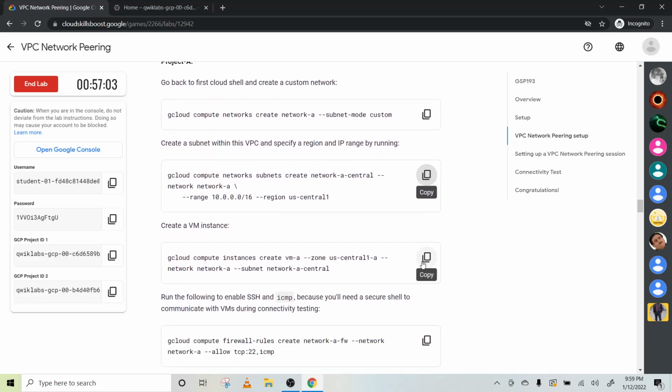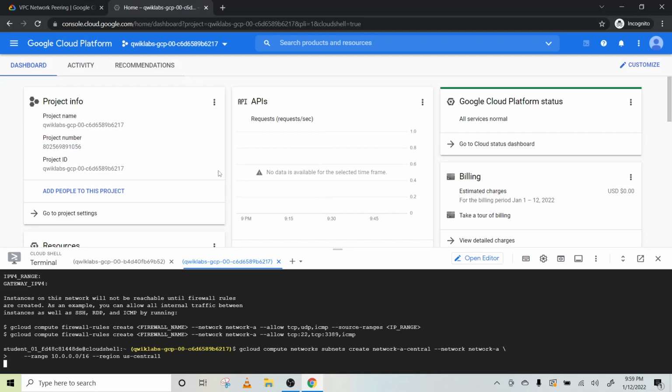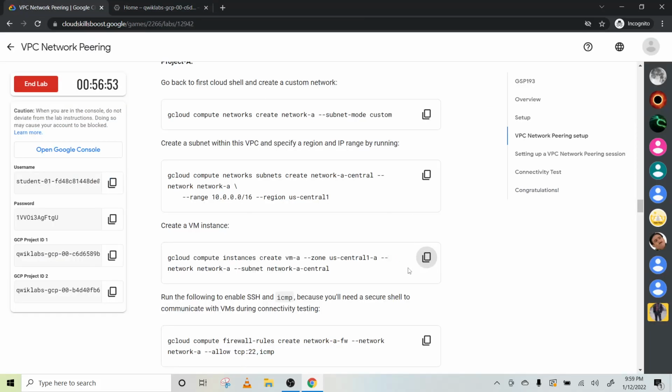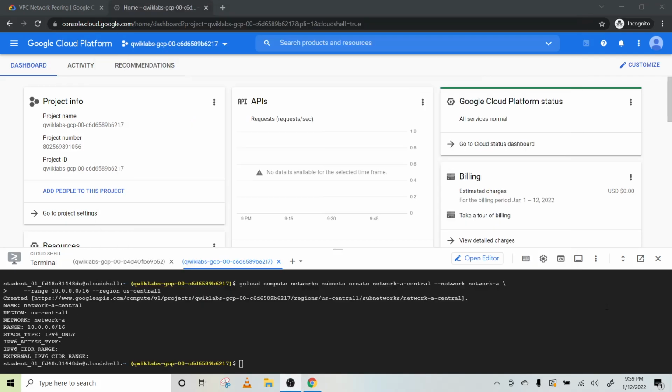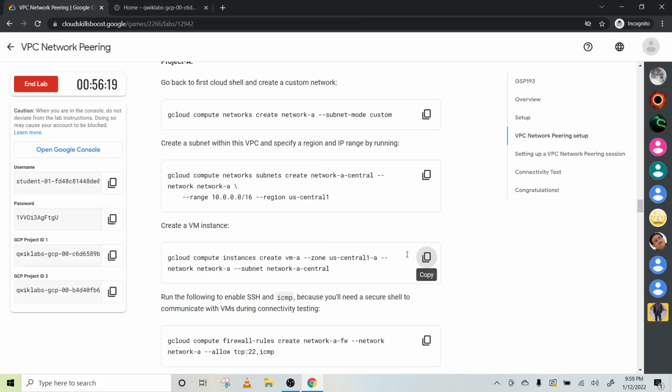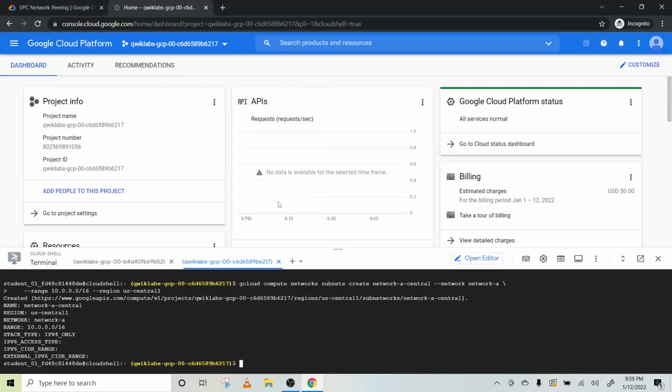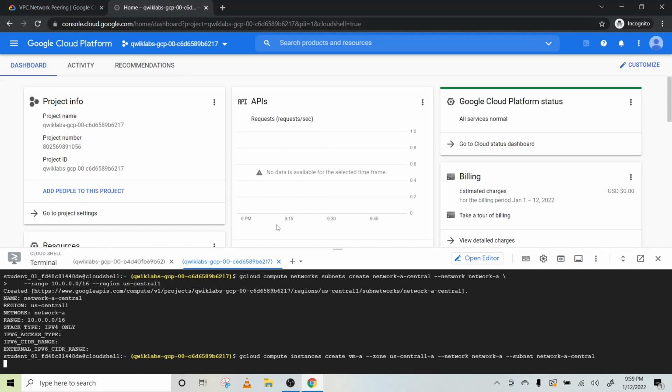Create a VM instance. Copy this. Wait. Once it is done, we can run this code. It is done now. Now copy this VM instance command and create the VM instance.